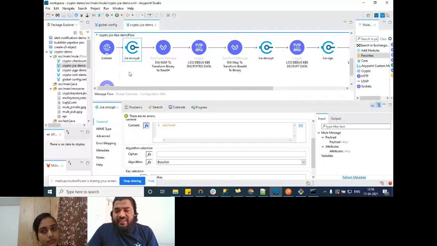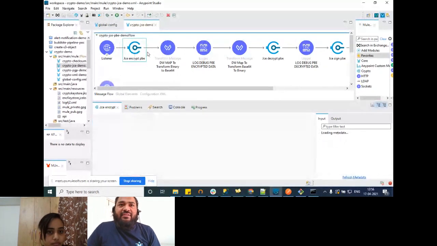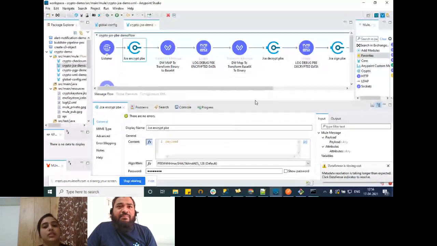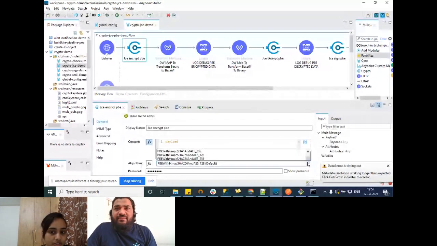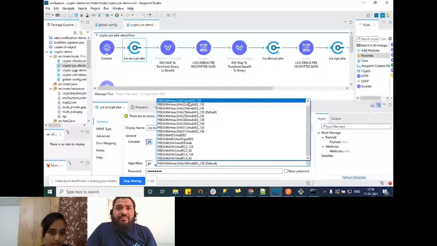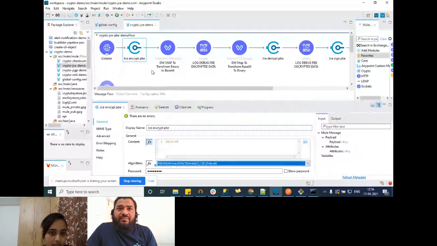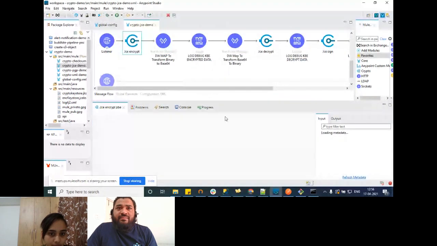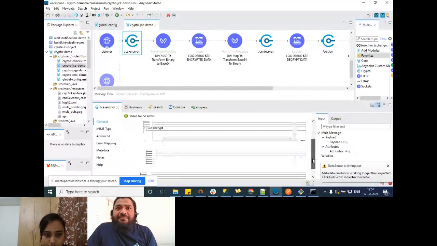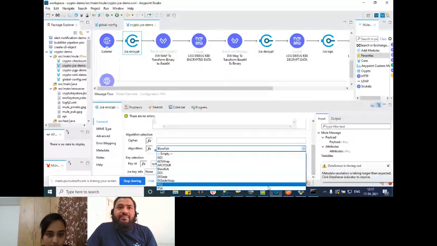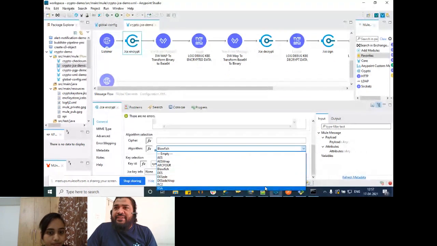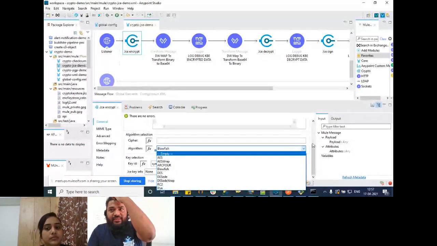As I can see, in password-based encryption there is a certain algorithm, Blowfish, which is not an option in the key-based one. So the algorithms supported in both cases are different. As I mentioned, we have HMAC, MD5, SHA1, and if you go through the key-based encryption, these are all the algorithms that are supported.